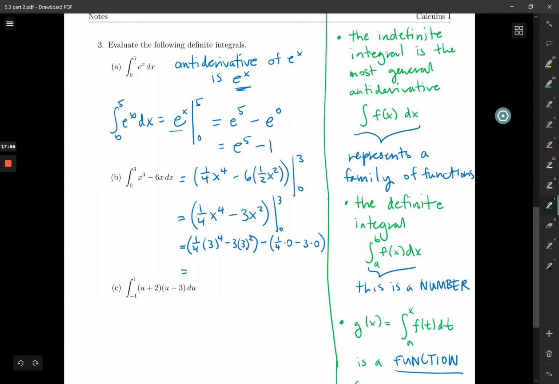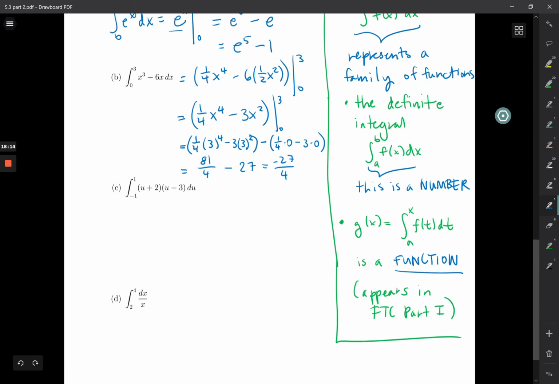Okay, and then we can simplify a bit. So 3 to the 4th is 81 over 4, and then this is 27. And then if you find a common denominator, you should get negative 27 over 4. Okay,